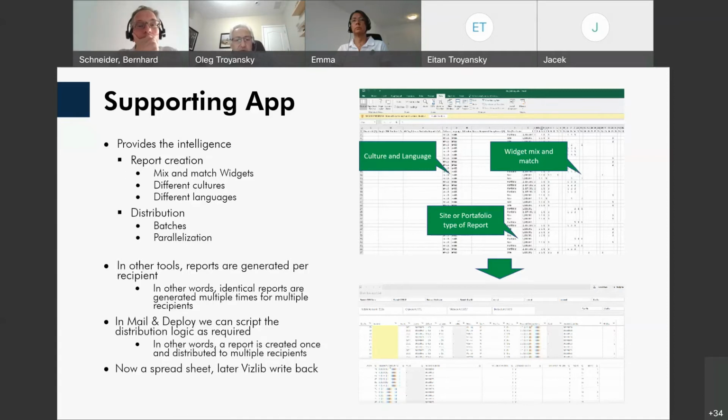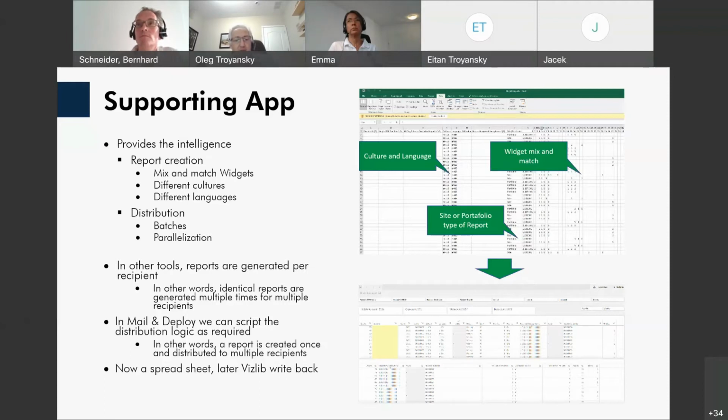And we found it very helpful in this case because of the vast size of the distribution and so many different versatile requirements that we had to meet. Instead of setting up these settings individually for individual organizations, clients in those, hundreds and thousands of tasks, we find it easier to define that in Excel spreadsheets as settings. And then if we need to change something, we can change it globally in Excel. And then we load this data from Excel into the ClickSense supporting app, and the supporting app provides the